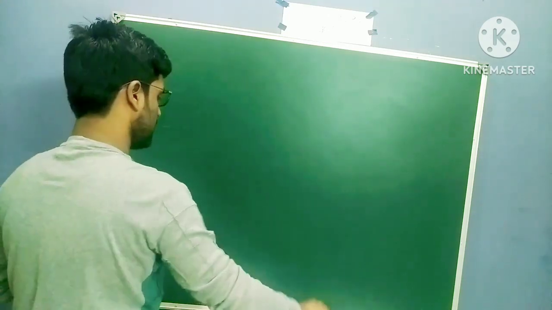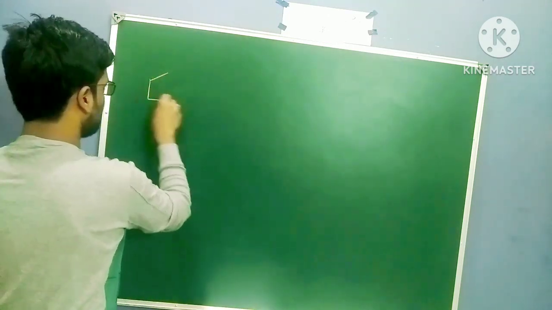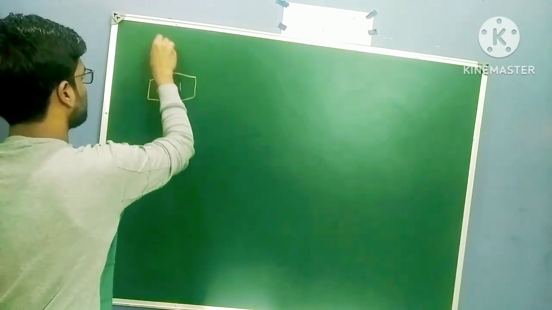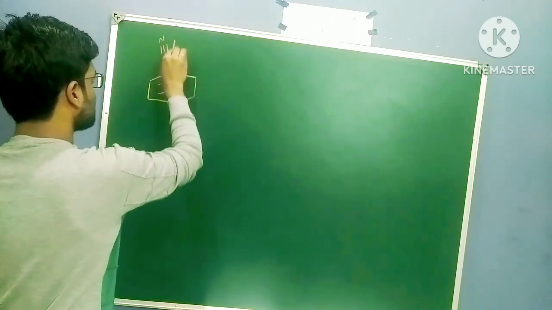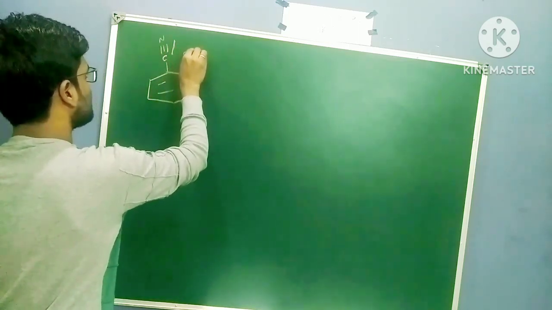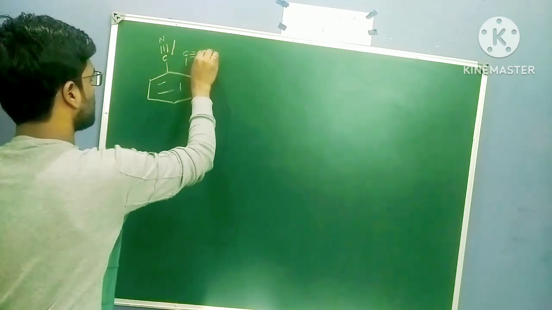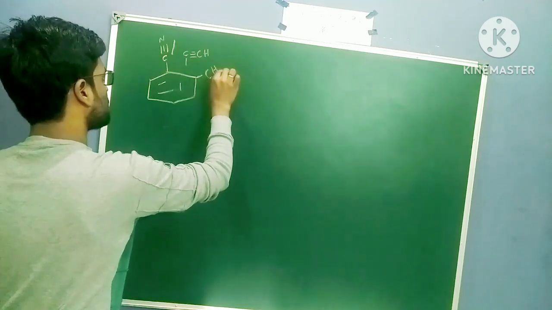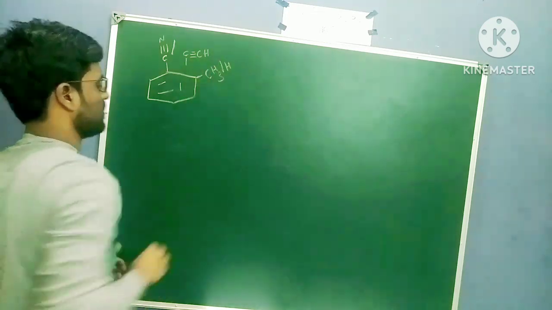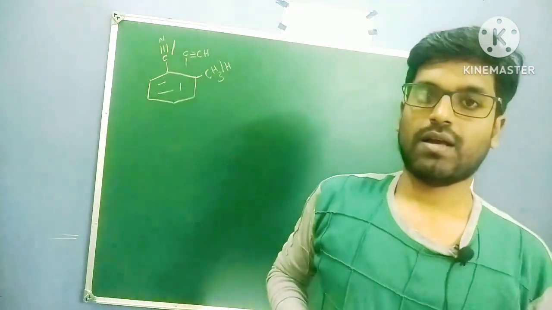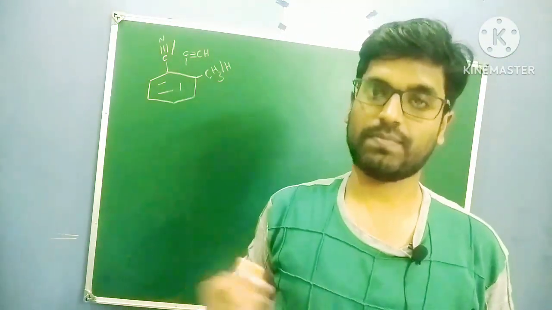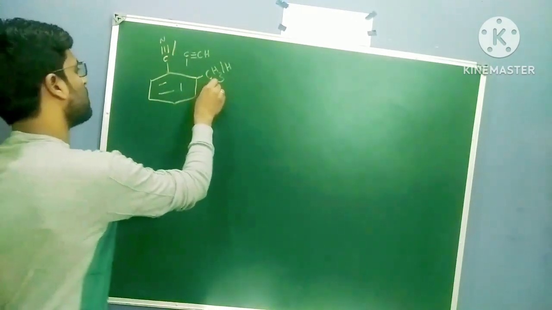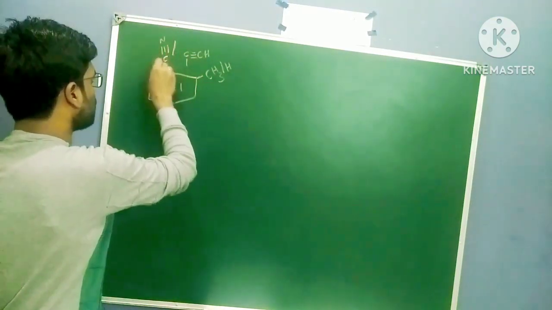For suppose I'm giving this example. C triple bond N, or in place of this I have this group, C triple bond CH. Here any group, bulkier group or small group like hydrogen, I am asking you, steric inhibition of resonance is there or not here? No. Answer is no.